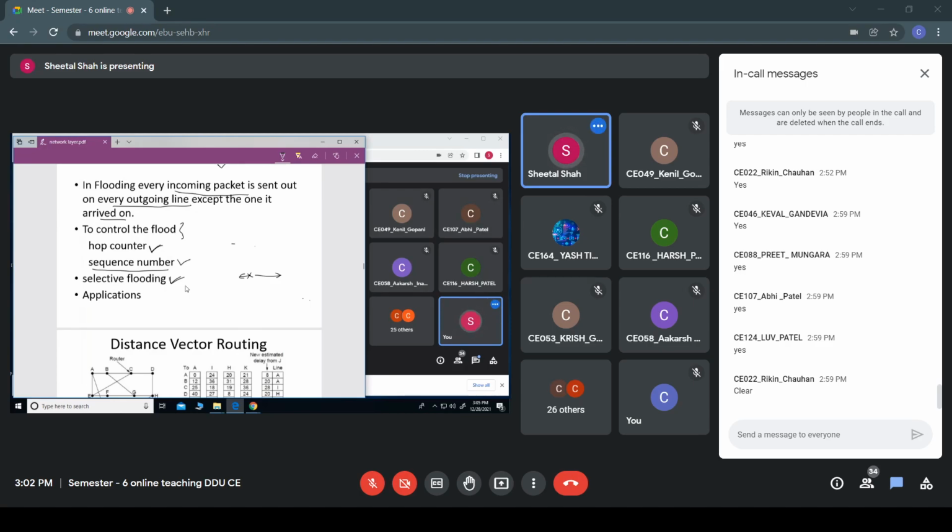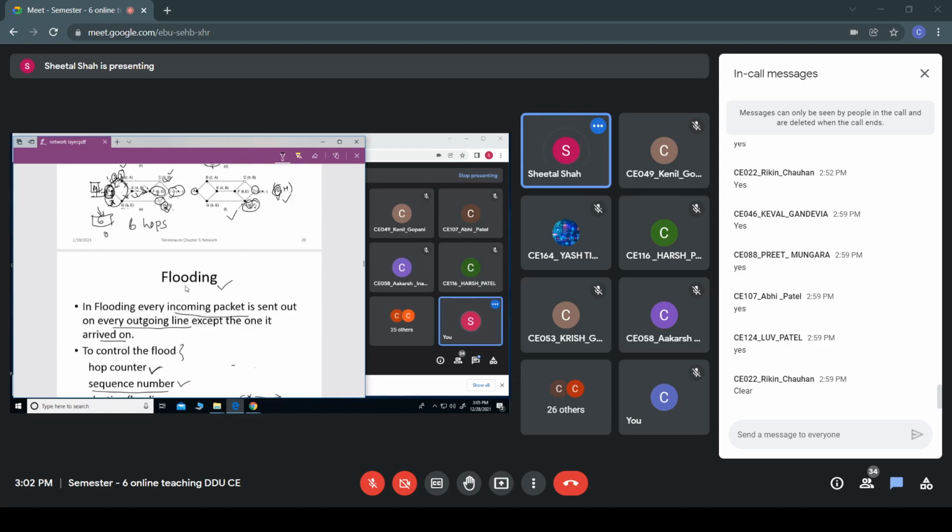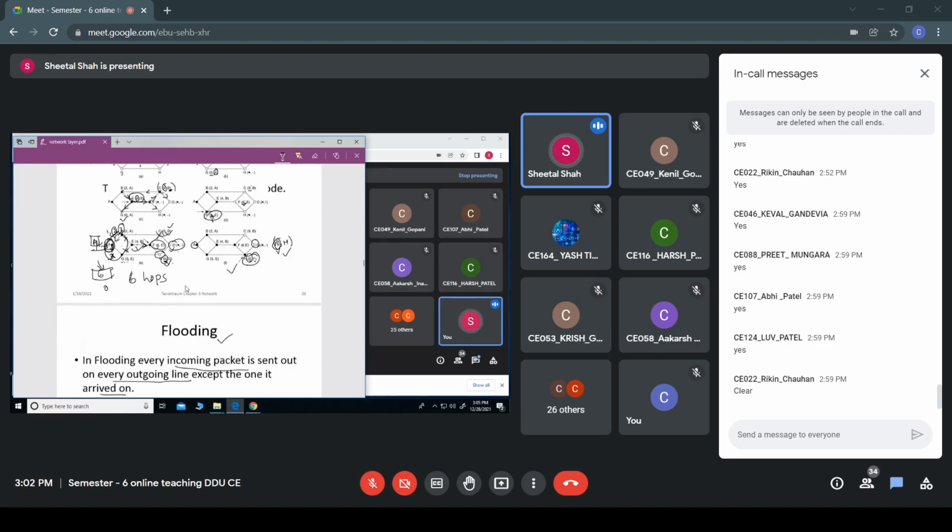The problem with flooding is that the number of packets would be too many in the network, so it may lead to congestion, etc. But there are certain advantages even for flooding. One such advantage is that, say some routers may go down, say C has gone down and F has gone down. Their duplicates are already there in the network, so none of the packets would be missed, and those packets would reach the destination without any problem.